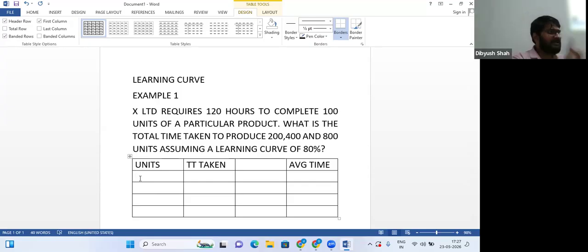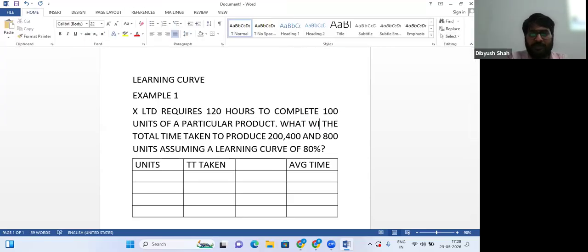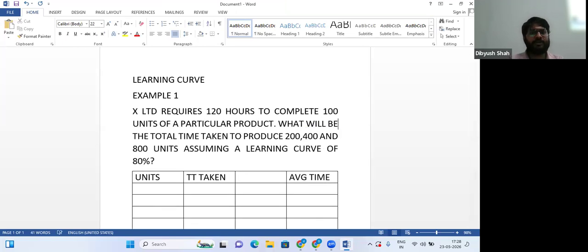So, to make 100 units, X Limited needed 120 hours. What is the total time? Actually, not "is", the word should be "what will", because we are estimating, budgeting now. What will be the total time taken to produce 200, 400 units, assuming a learning curve of